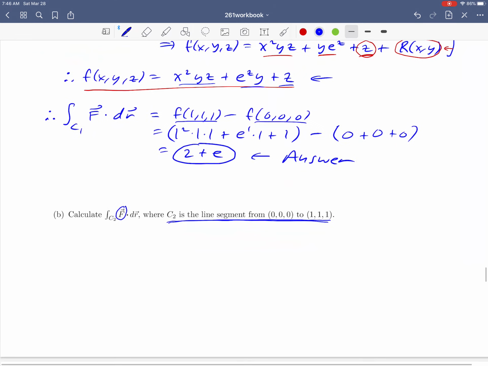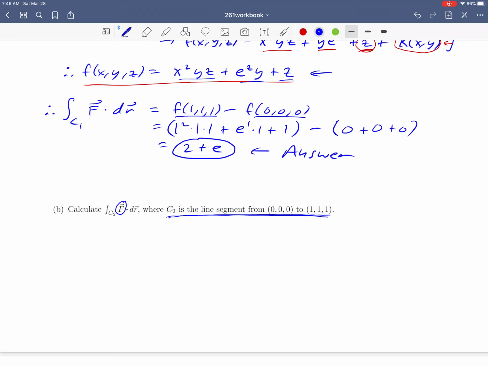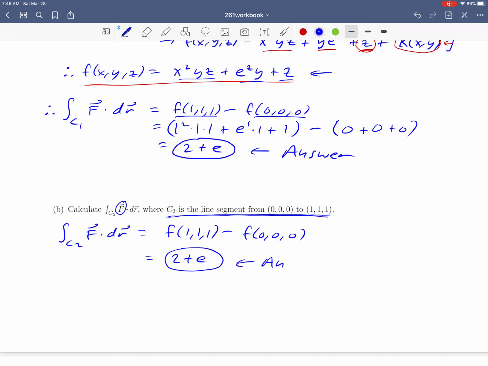What would be different about calculating that line integral compared to what we did in part A? Well, I'm hoping that you came to the conclusion that it's not different at all, because the starting and the ending points are the same as they were in part A. So there's really nothing new to do here. Using the fundamental theorem, we're going to get exactly the same calculation that we did before and exactly the same answer. And so this illustrates again the fact that gradient vector fields are path independent. It totally doesn't matter